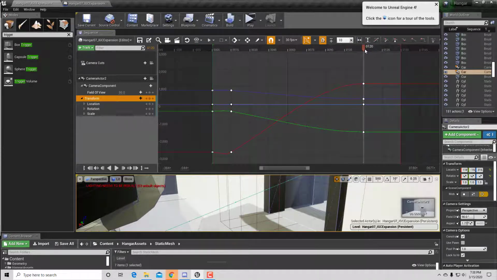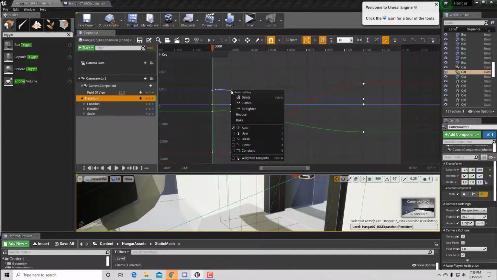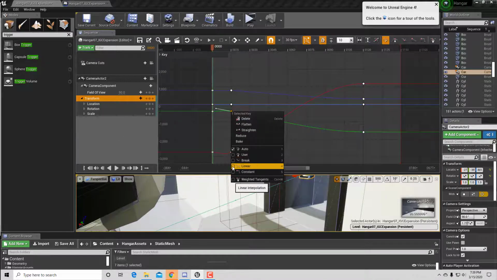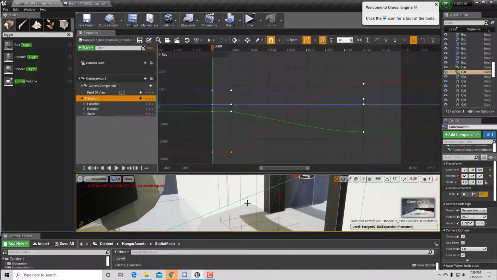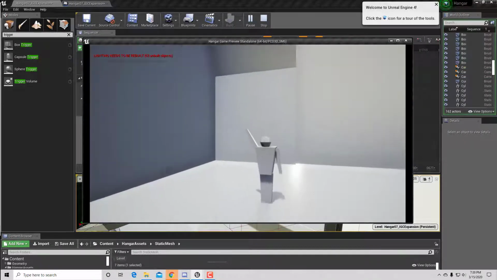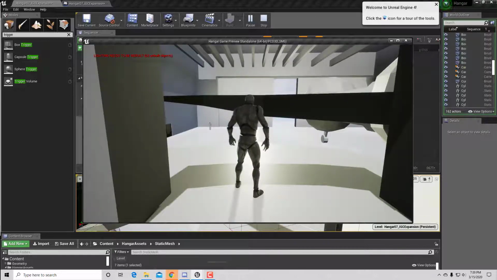All right, so at the beginning here, we're seeing something strange. See how it goes backwards? So from this key to this key, it wants to go backwards. So one thing I could do is change the key on it. Right now it looks like it's broken and we can adjust it. We could make it linear. It might get rid of some of the weirdness. See how that works. There we go. So what it was doing, the curves were set more like a Bezier,